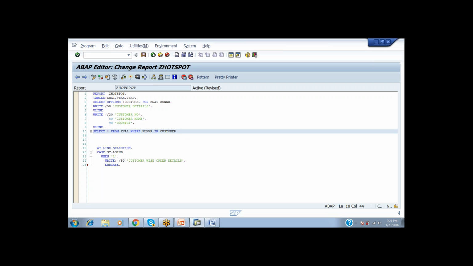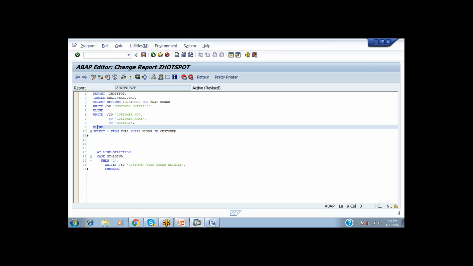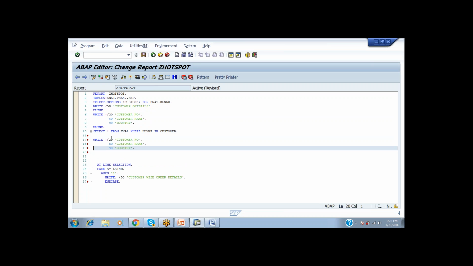Whenever that has been taken here, after that I want to print these details. For printing those details after the selection, here KNA1 KUNNR,